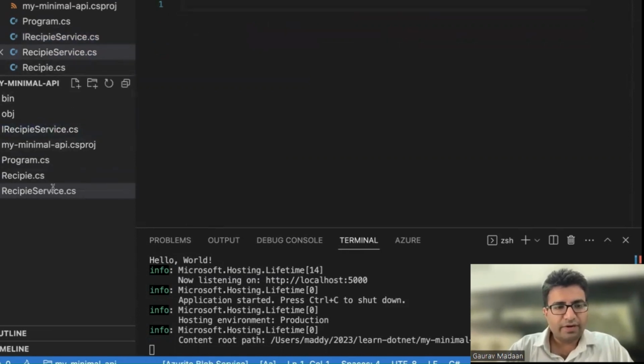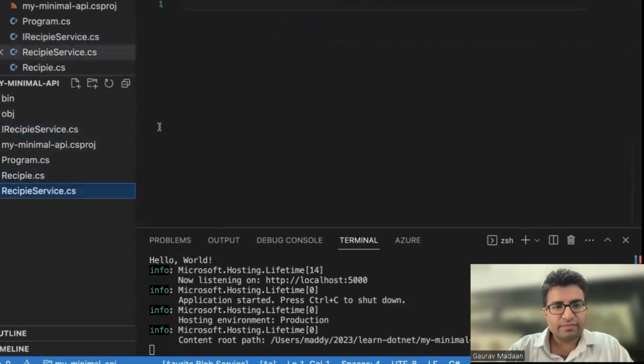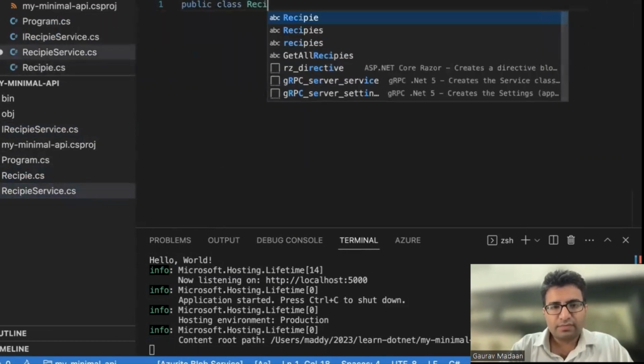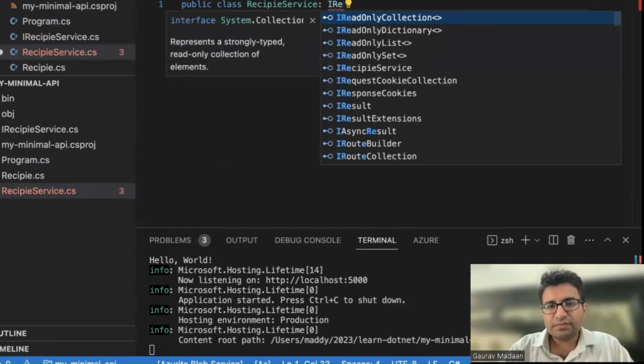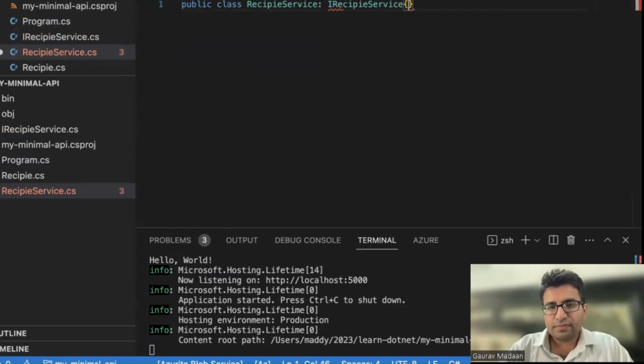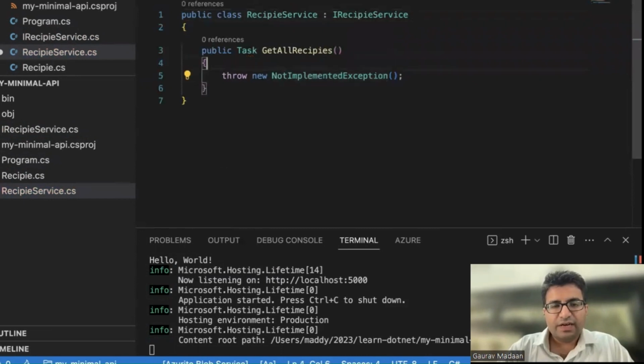And if I'm having IRecipeService, I'll say public class RecipeService, which implements IRecipeService, right? So I always want to implement this interface,